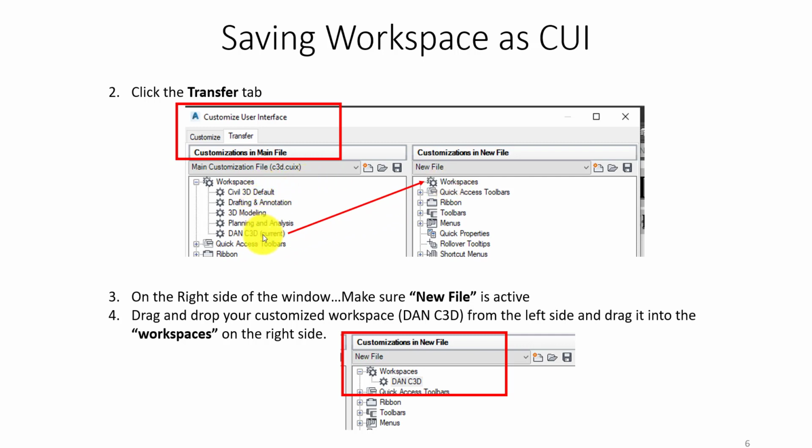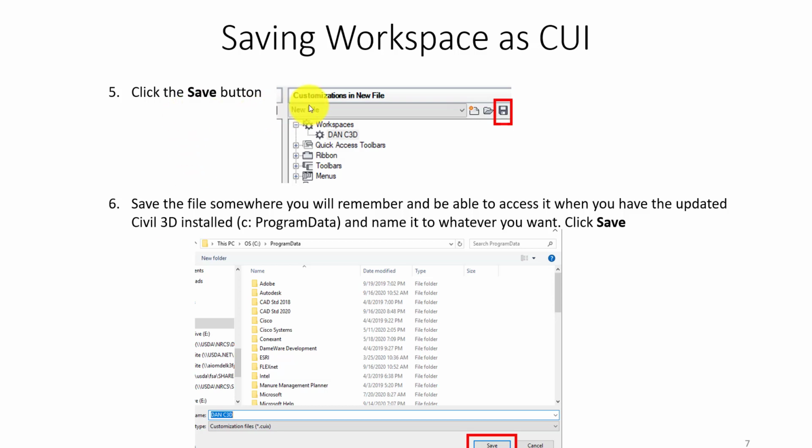Now if you customized all of these workspaces to your liking, you can drag all of these and put these on the new customization file. It doesn't just have to be your specific one that you made. You might have made all of these to your liking, and you can drag however many you want over to the workspaces. Once you drag those over, you'll see them on this new file. Go ahead and click the Save button,